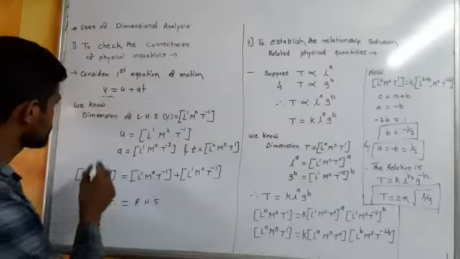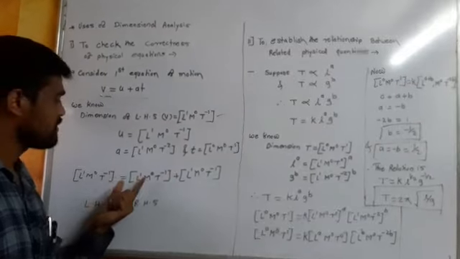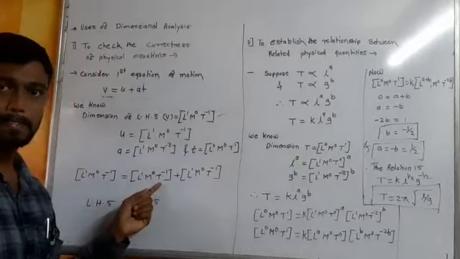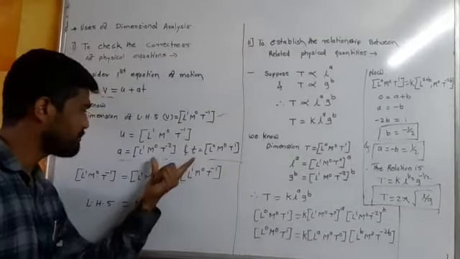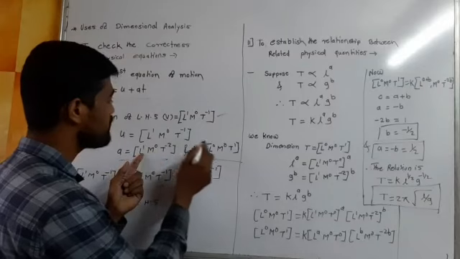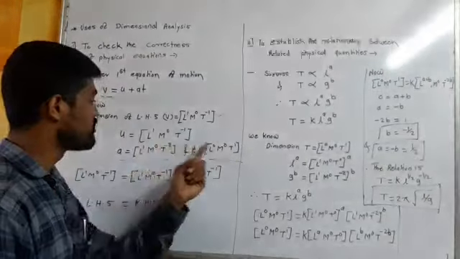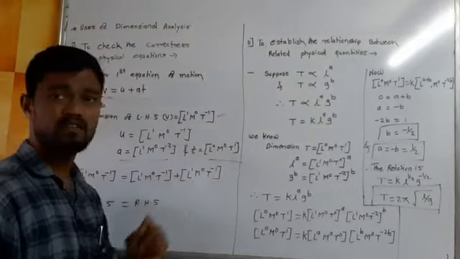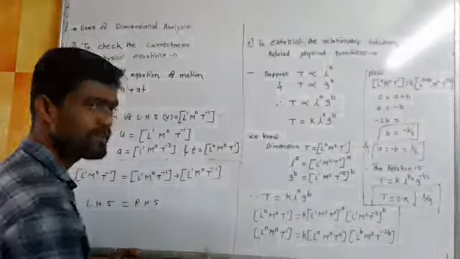So next, just put all the dimensions in this equation. So what did I get? Put the LHS. LHS is my this one. So I write the LHS is equal to, what is my U? U's dimension L1 M0 T minus 1 I write here. Next just multiply this dimension and this dimension. When I multiply, I get L1 as it is, L1 plus 0, L1, M0 plus 0, M to the power 0, T minus 2 plus 1. What is minus 2 plus 1? Minus 2 plus 1 is minus 1. So I write here minus 1.